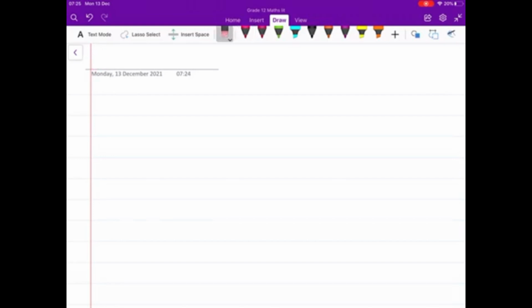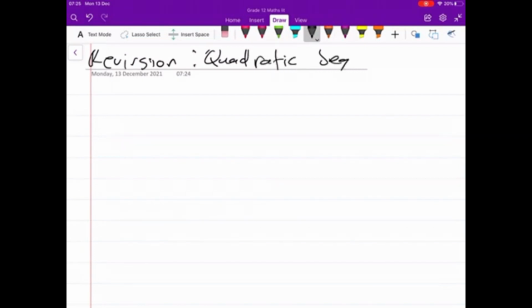We are starting with the first topic for the year as outlined in the 2022 grade 12 mathematics ATP, and that is the revision of quadratic sequences. Now, what we learned last year, and we'll still learn when we get to the topic of functions,